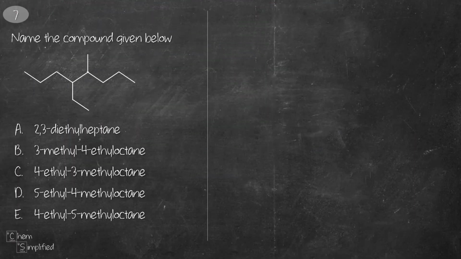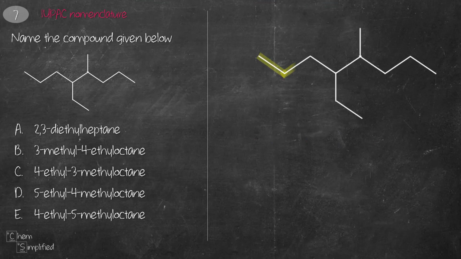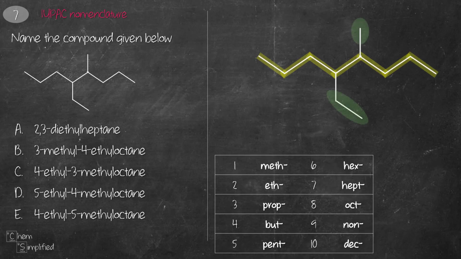This next question gives us the structure drawn in bond line. We start by figuring out the longest chain, and that contains 8 carbons, and it comes with 2 substituents. This group with 1 carbon right here is a methyl group, and then this group at the bottom here, which has 2 carbons, the prefix for 2 is ETH, and since this is an alkyl group, we're going to attach YL to it, so it's going to be ethyl.